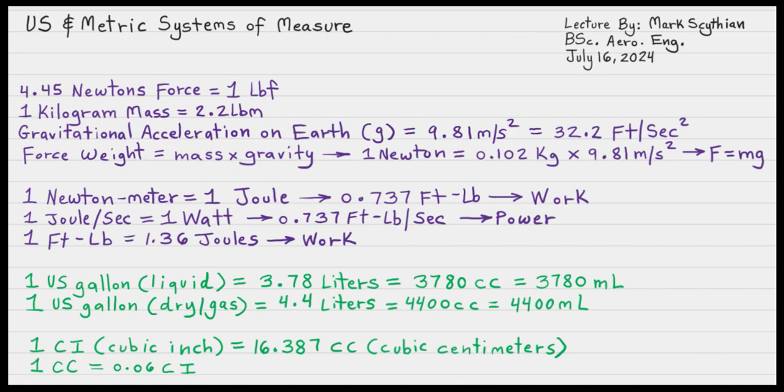So for example, if we're at a foot-pound, we also have 1.36 joules is equivalent to 1 foot-pound, with respect to work, and so that translates to 0.737 foot-pounds per second, or 1 joule per second, or 1 watt. So again, if we were to take 746 of those watts, we would have the horsepower